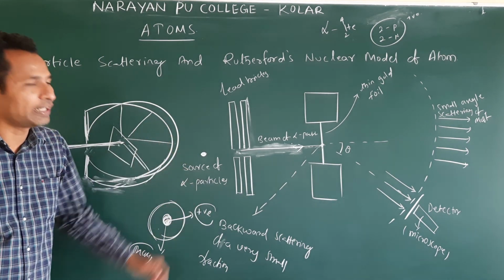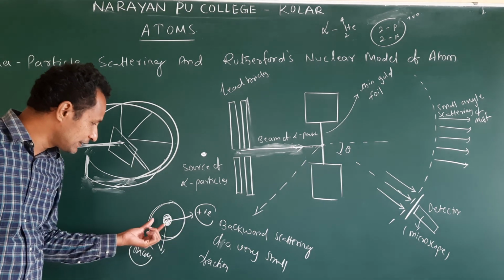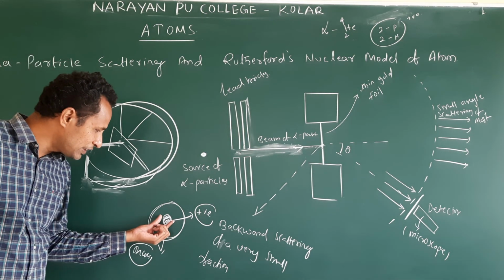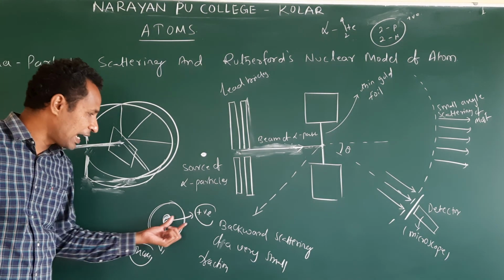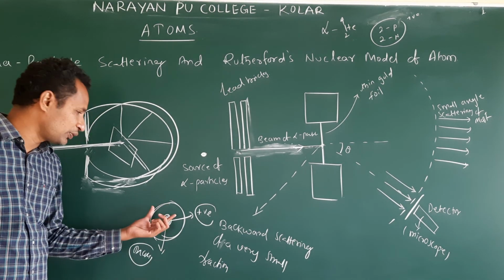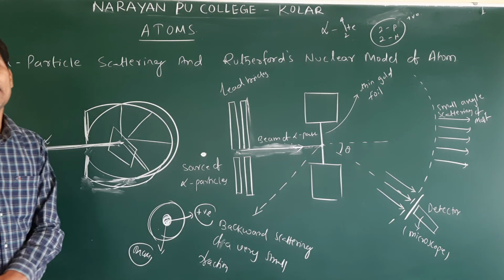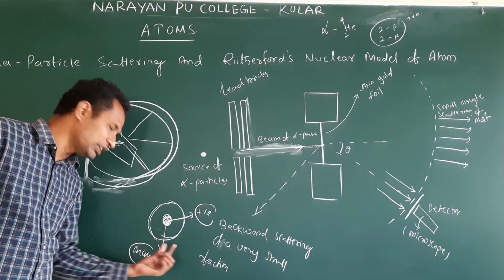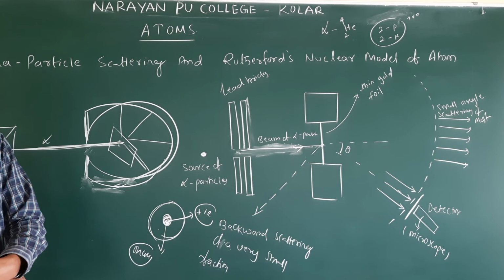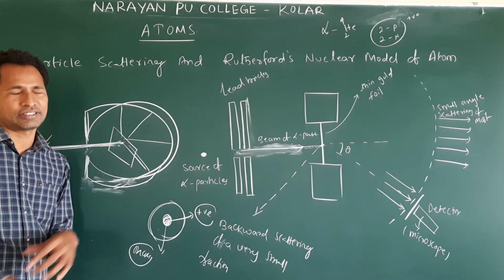This is the experimental observation for the Rutherford model. So from this, what did he say? The center of the atom, he mentioned, is the nucleus. It has positive charge, and the total mass is concentrated at the center. That's why we call it the Rutherford nuclear model. Clear? And he said that electrons revolve around this nucleus like planetary motion, how the planets move around the sun. Electrons also move around the nucleus.